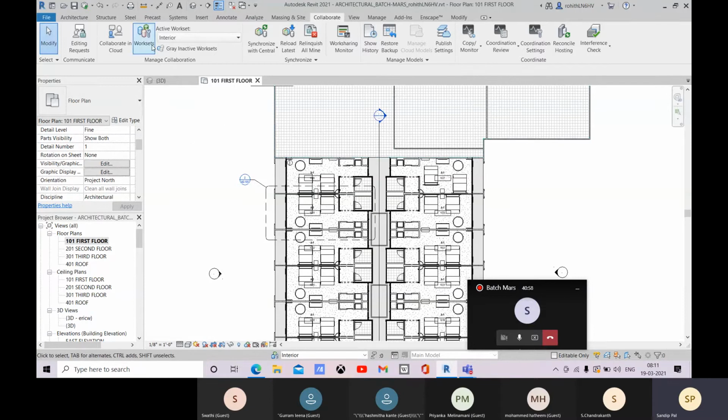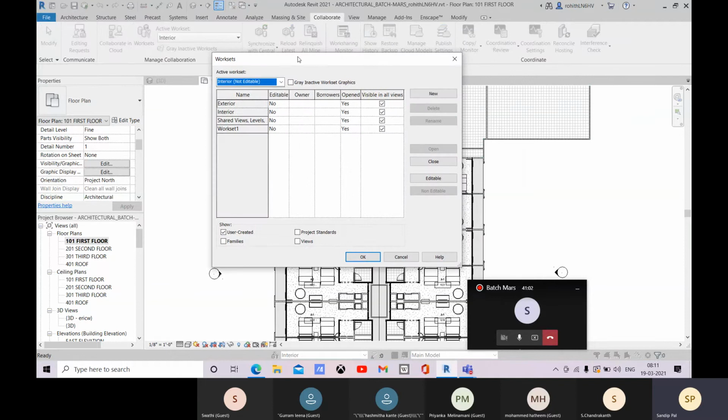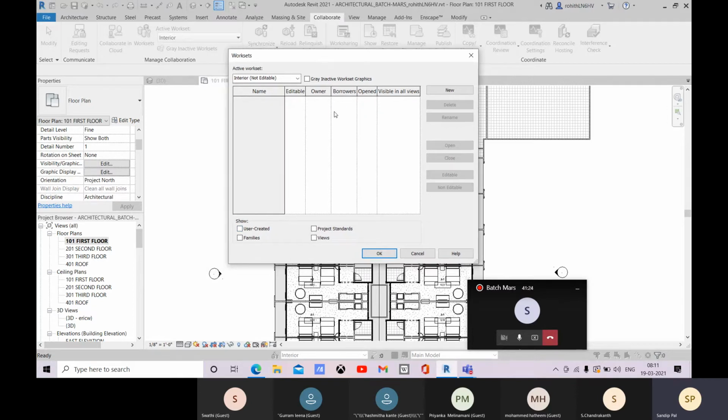Okay, and within this workset we have some other worksets. These are your user created. And these two are your Revit created. So if I uncheck this here, you will not be able to see them.